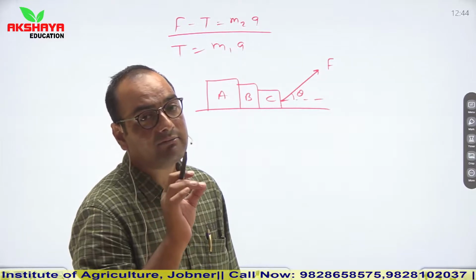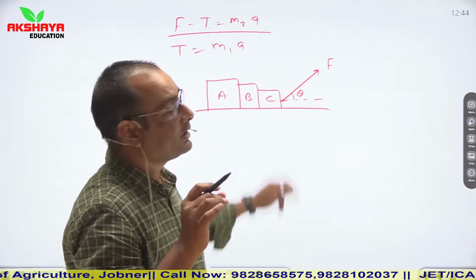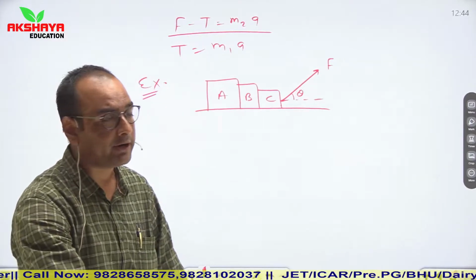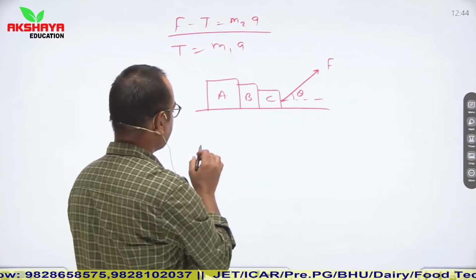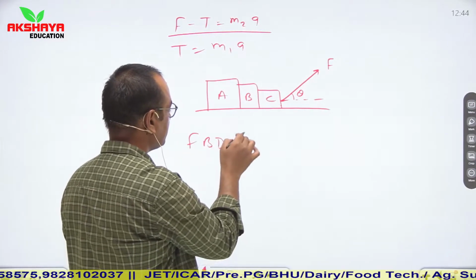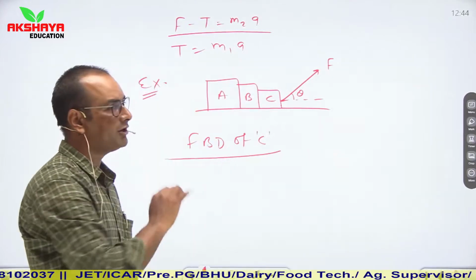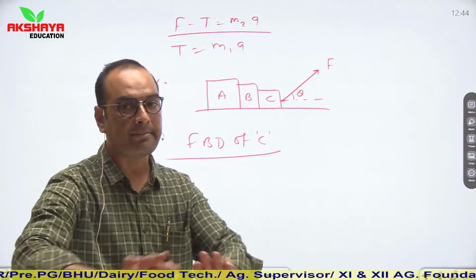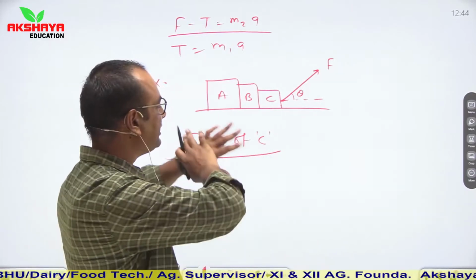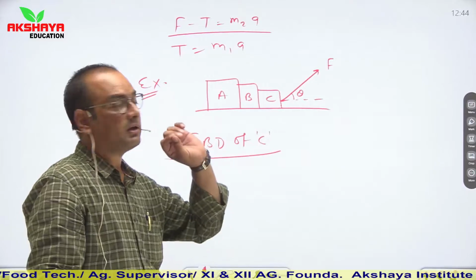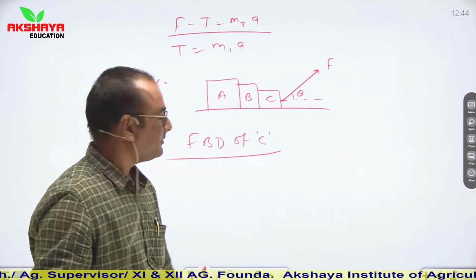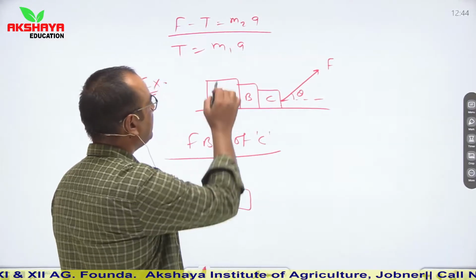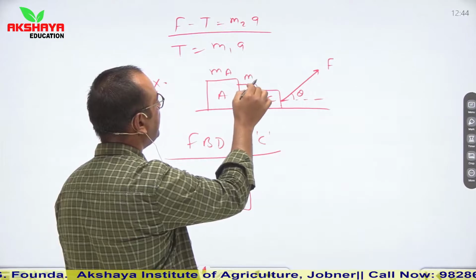You may be asked the acceleration caused due to this external force F. Now see, while drawing the free body diagram, let us talk about FBD of C. The concept is the same: identify all the forces on individual bodies. Here are three bodies. So first of all, separate all the bodies. We are considering all the bodies separately. Then all the forces acting on individual bodies. Let us say this is object C. Let us say their masses are MA, MB and MC.